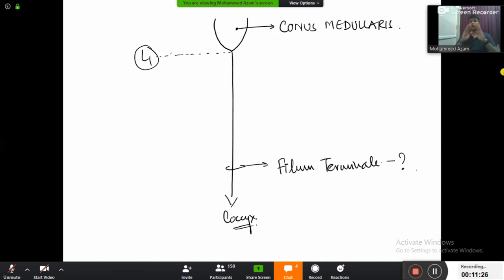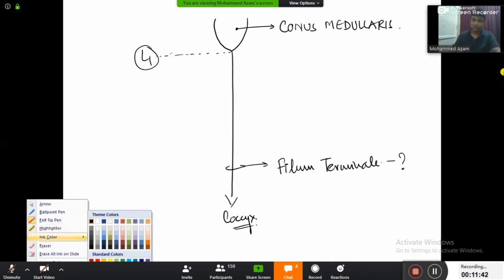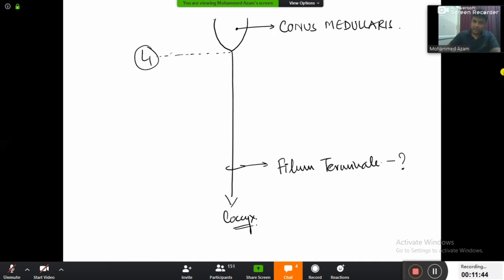Now remember, we all know that our brain and the spinal cord are covered by 3 meninges: dura mater, arachnoid mater, and the pia mater. Outermost one is dura mater, and innermost one is pia mater. This pia mater is very closely attached to the spinal cord. Whatever this red colored line I am drawing here, that is pia mater, very close to the spinal cord. And after coming near the end here,